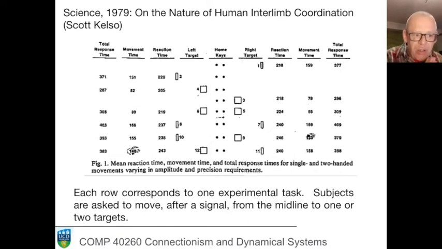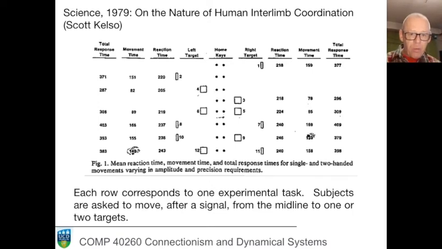So this was an initial foray into this object of study, and the diagram on the screen illustrates the result of an experiment, which I will walk you through. We'll go through this data plot line by line. It's very simple. In the experiment, subjects sat at a desk and they had their two fingers on two home keys. And at the sound of the bell or something like that, they were instructed to move either one or both fingers to targets which were either nearby and big or far away and little. There's a lot of choices there, giving rise to lots of experimental conditions, but each trial goes like this.